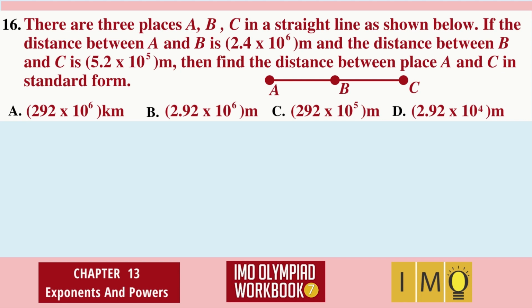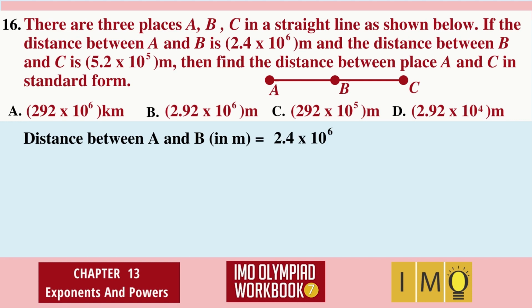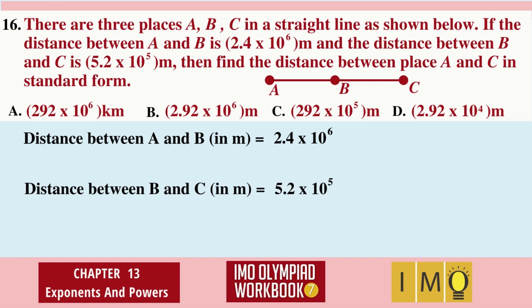First, let us note down what is given. Distance between A and B in meters is 2.4 into 10 to the power of 6. Distance between B and C in meters is 5.2 into 10 to the power of 5. And we are asked to find the distance between A and C, which is simply the sum of the above two values. But what we have to note